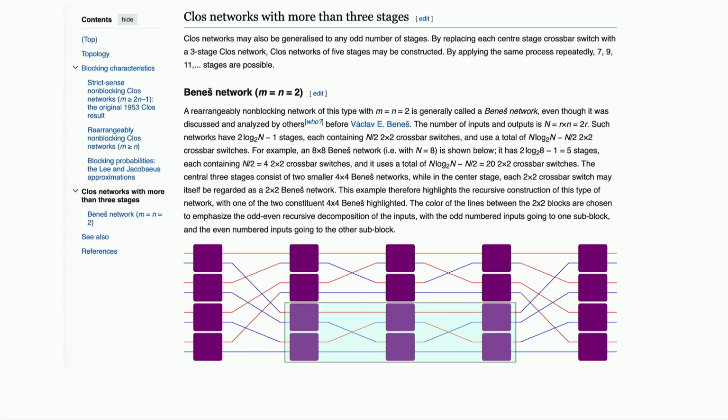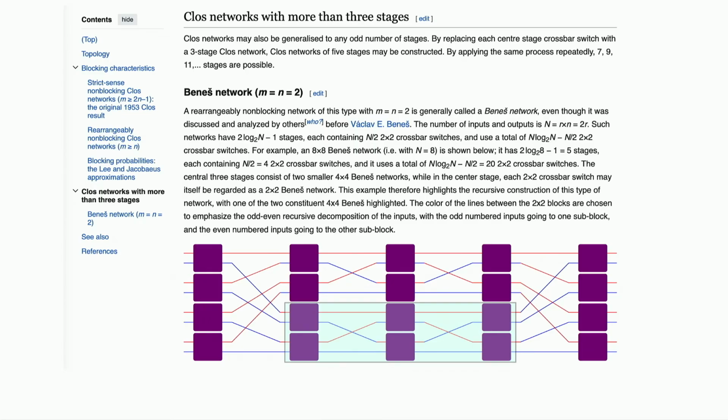So now let's get back to chips and try to verify chips. At my previous company, Groq, one of the tasks I had to do was to verify a special type of network switch called a BNS network. What a BNS network will do is take some n bits in, 32 in this case, and then with some control bits, it will permute the output. The output will be a permutation of the input. For example, you could reverse: the output could be a bit reverse of the input. And if you go to the Wikipedia page on cross networks, at the end you see a nice picture of an 8-input BNS